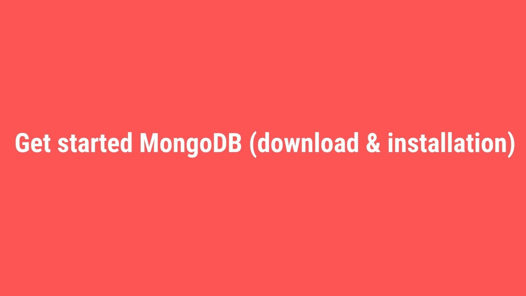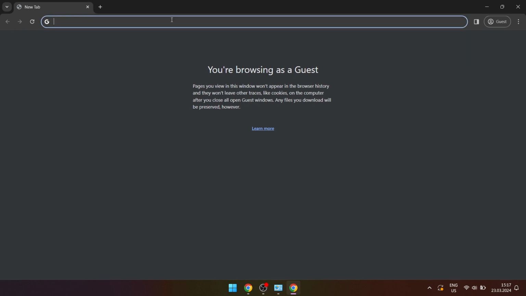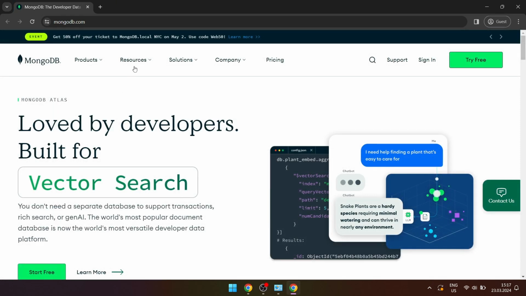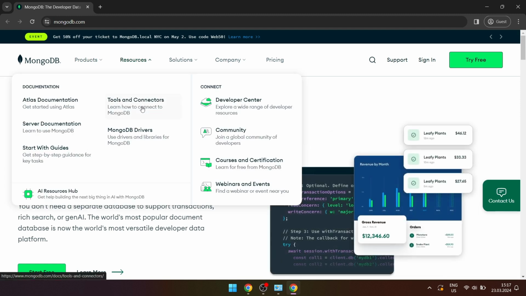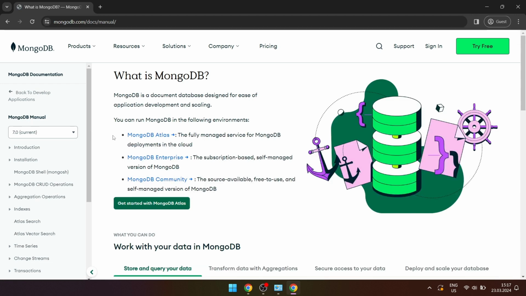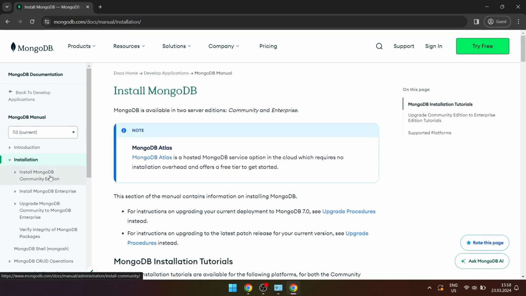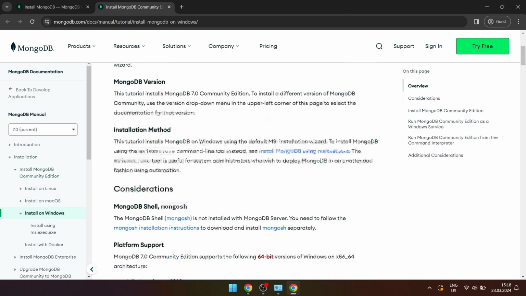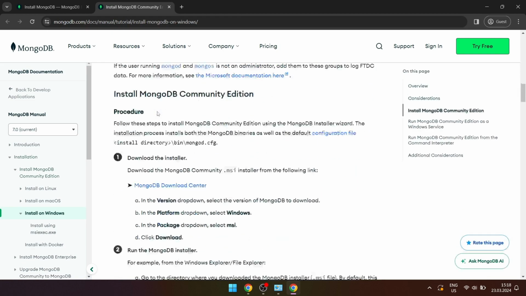So, let's get started with download and installation. Search for MongoDB in a web browser and click visit MongoDB official website. Click the resource menu and navigate to server documentation. Click installation on the left side. Since my operating system is Windows, I will install for Windows. So click MongoDB Download Center